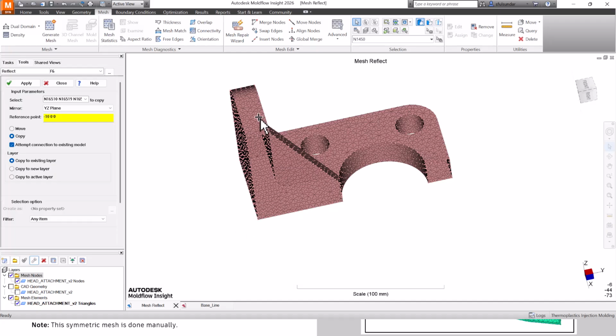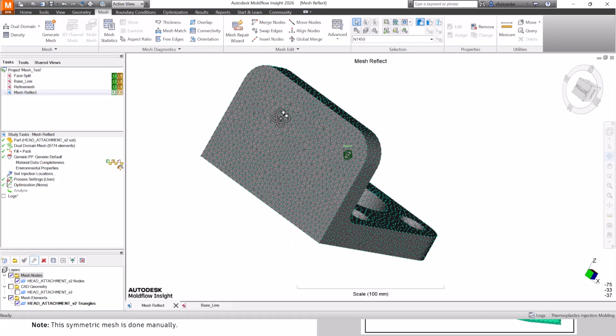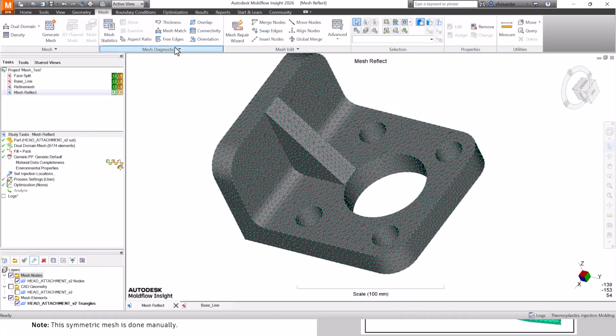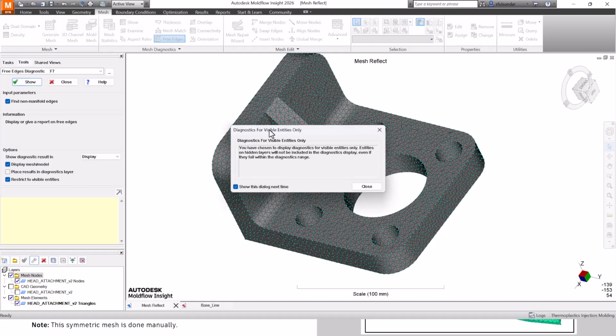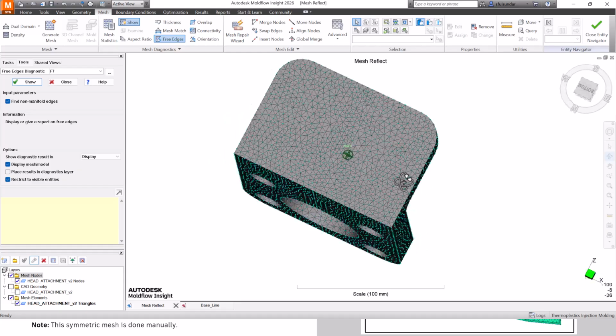exactly onto the edge. You can pick any point onto the edge, that is the mirror edge, and say attempt to connect the existing model and apply it. You can see that I have put apply the connection to the existing model, so probably you don't really need to look whether the connections have been there or not, but still we will go and do the free edges and look for if at all any free edges are there. Okay, and it shows that no error or no free edges found,